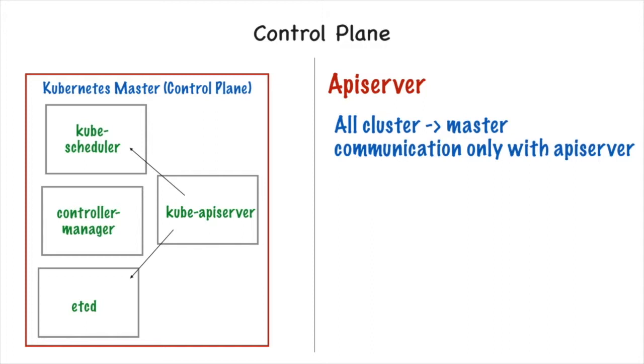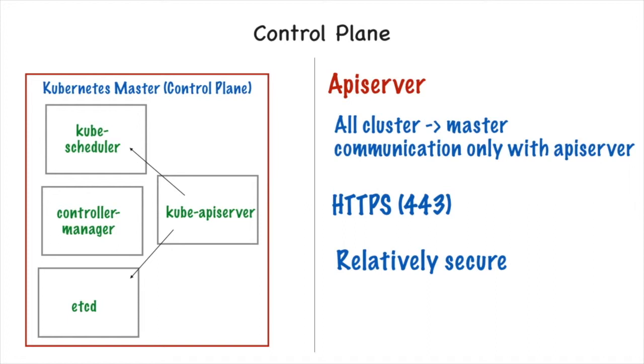The API server is going to be configured to listen for remote connections on HTTPS, that is 443, and typically client authentication is going to be enabled. You might also want to make sure that your nodes have been provisioned with the appropriate public root certificates and take care of other security aspects within your cluster. But the bottom line is that communication from the cluster to the master is going to be secured, and therefore you can assume that this can run over untrusted or public networks without your taking a whole lot of special